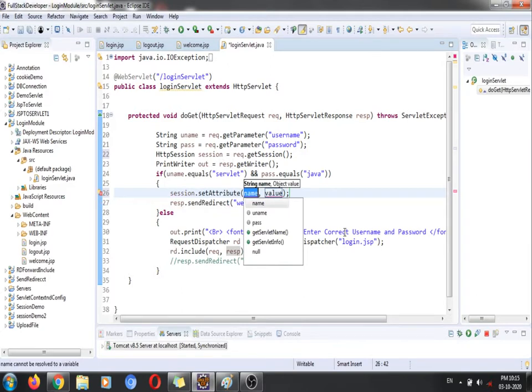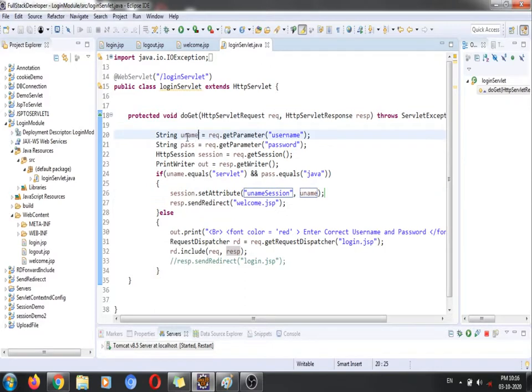This session.setAttribute is going to take two inputs, that is a key and value pair. First we need to provide the key, that is my unameSession. And I am going to provide the value, which is my uname. That uname is nothing but this one.